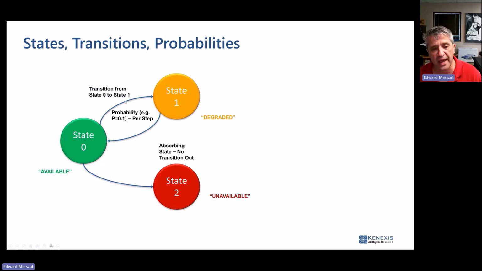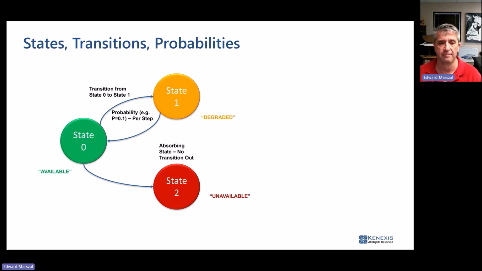The next thing we're going to look at is for each one of these transitions, there is a probability per stage, per step, per time increment that we're going to transition from one state to another state. Those are probabilities. They are not failure rates. They are probabilities, and we are going to be doing probability math on them. So whenever you see a Markov model that has a failure rate or a repair rate, you have to understand that that's kind of a shorthand for multiplying a rate times a time to get a probability of failure in a certain time frame.